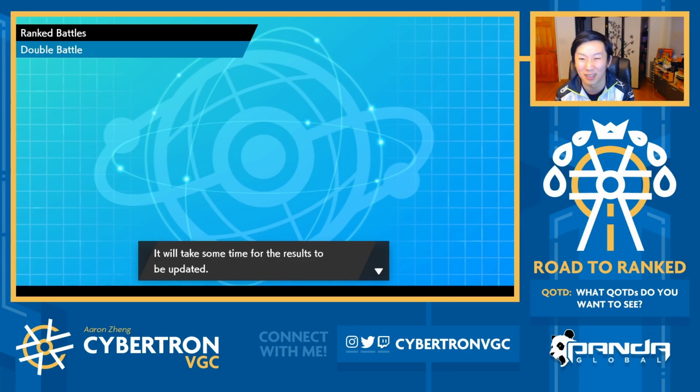It might have honestly gone to timer, because I have Recover and they have Oblivion Wing, so we're just trading a little bit of damage back and forth. They can Snarl. I'm not going to knock the Yveltal out with Tri Attack and Foul Play, so yeah, that honestly might have gone down to the timer, and I don't know if Close Combat would have...